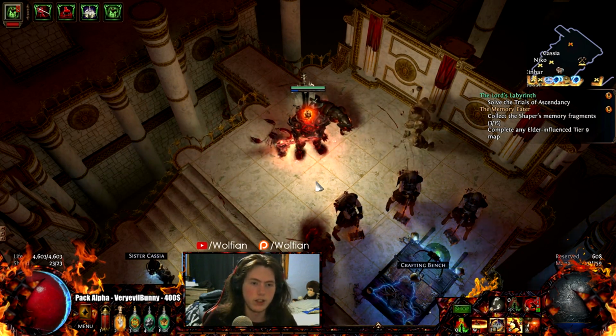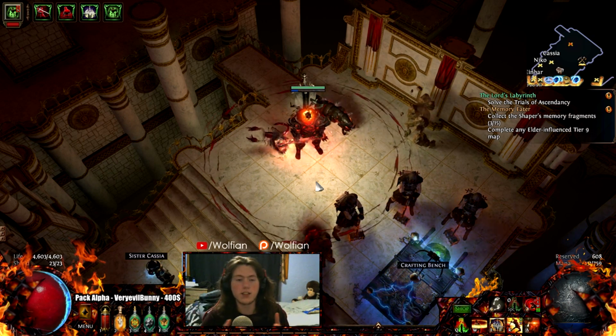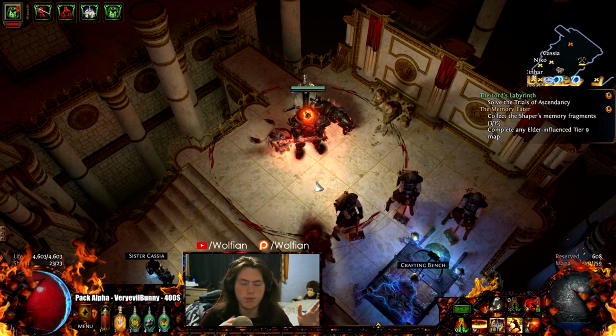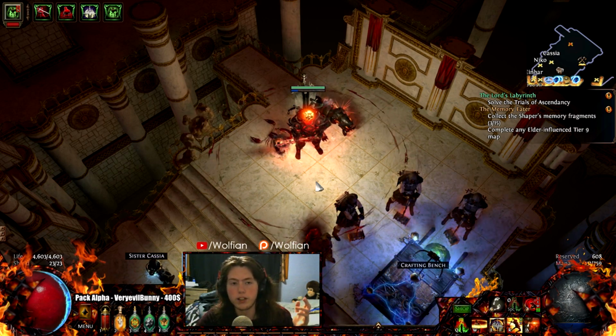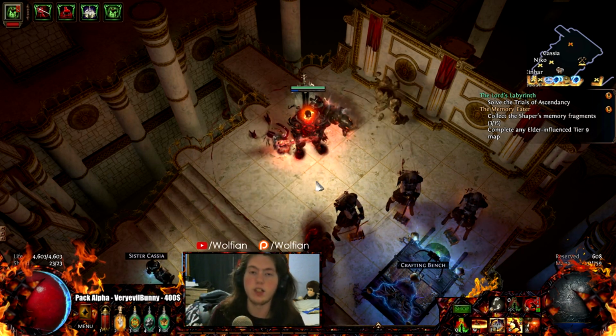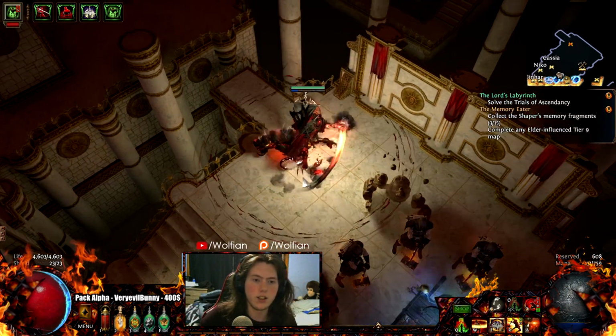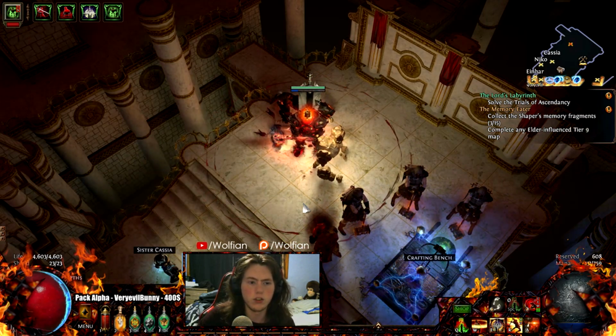I'm not going to give you any gameplay at the start. We're going to do a little bit of gameplay in like a second. Basically, it's the exact same as last episode, just faster. That's really all that happened. I got a better weapon, I got more ascendancy points, and I just want to cover basically everything that's gone on today, because it's going to set us up for a very good day tomorrow if everything pans out